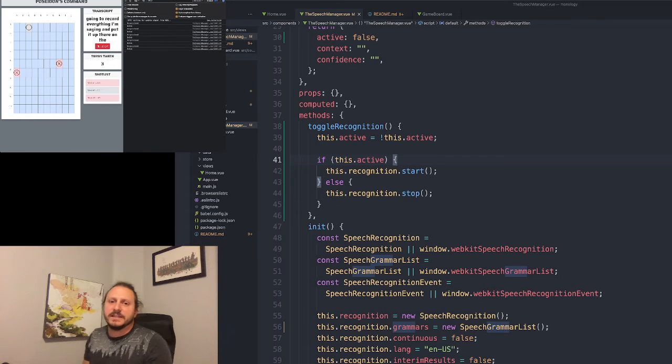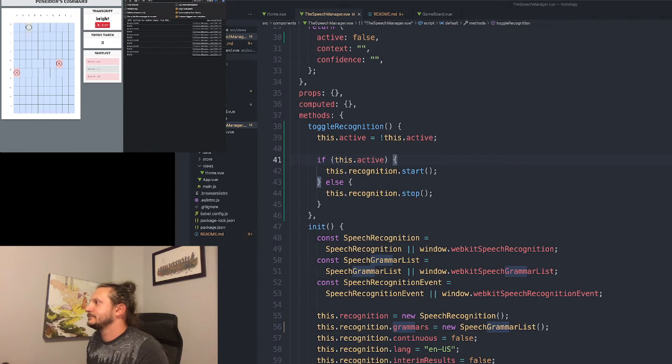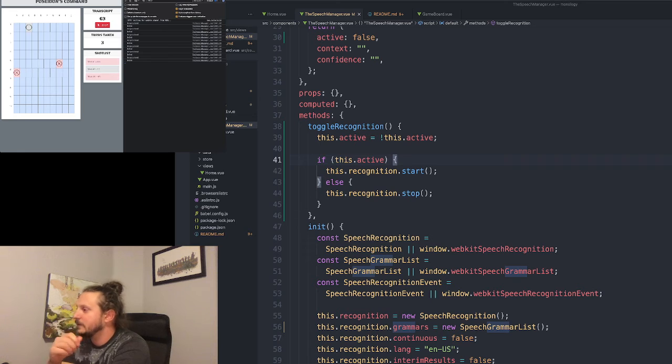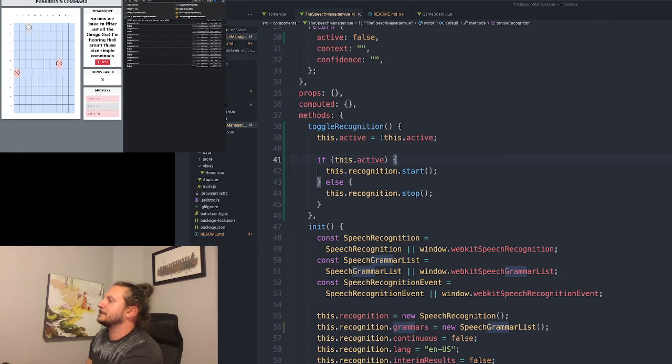Great. G3. Yeah. So now we have to filter out all the things that I'm hearing that aren't those nice simple commands. And then if I hit stop, it should